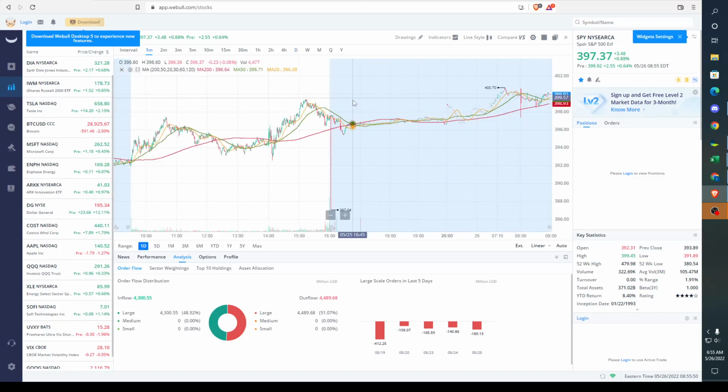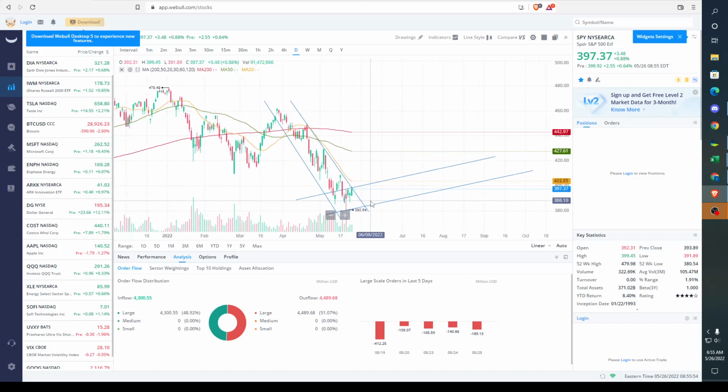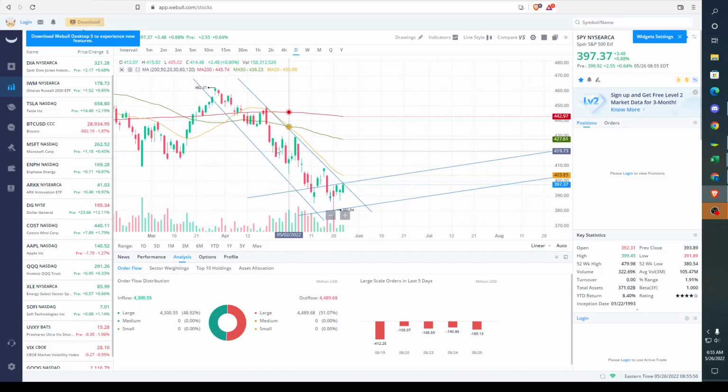I'm just looking at the S&P 500 right now. I'm going to go on the 1 year time frame. And I do want to point out that we are right at the top of this resistance trend line. And I did kind of build out a potential bear flag and what that would look like. So ideally, what would look good to me is if we could get above this area right here. This is a high that we need to get above to start seeing higher highs. And then ideally, we don't want to get below this low right here, which is